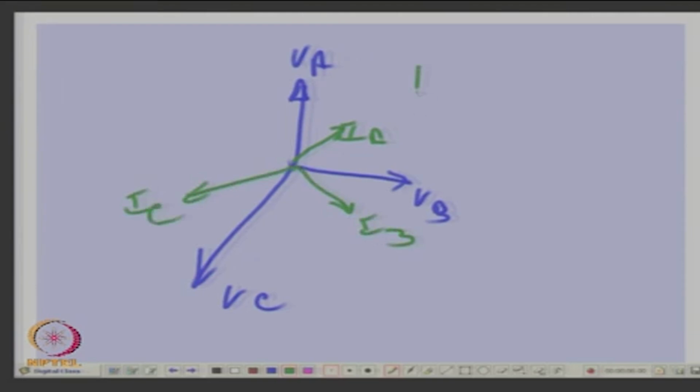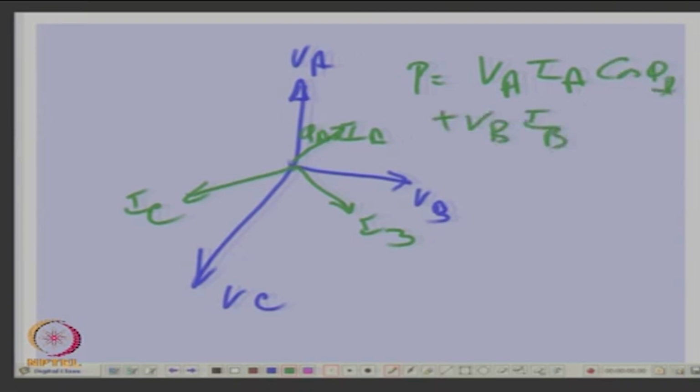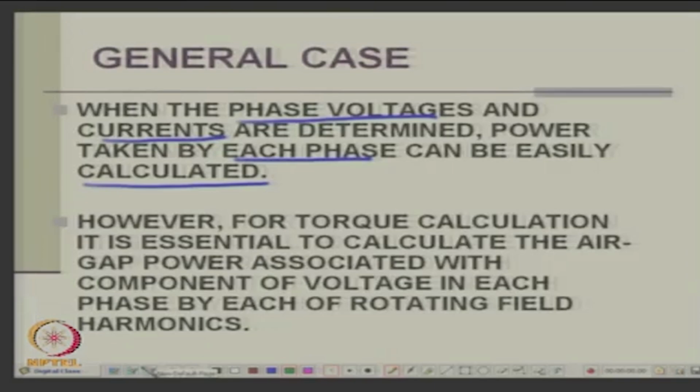What will be the power? Power will be VA, IA in the respective, let us say phi 1 etcetera, okay, cos phi 1 or phi A, plus VB, IB cos phi B, plus VC, IC cos phi C, is not it? Okay. So, you know the power that you calculate, that torque calculation,